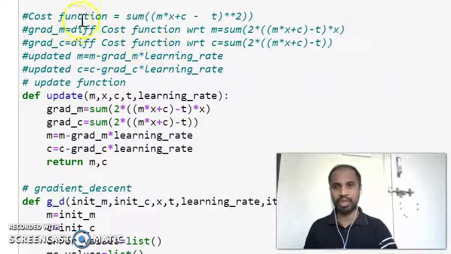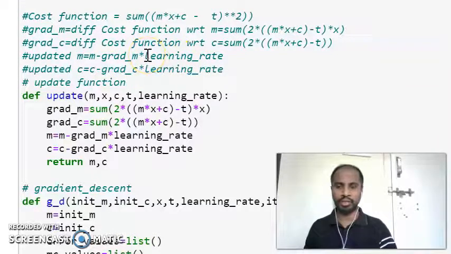When we differentiate the cost function, we get the gradient of m, and when we differentiate the cost function with respect to c, we get the gradient of c. We use the gradient of m and gradient of c to get the updated values. The updated value of m is m minus the gradient of m times the learning rate.